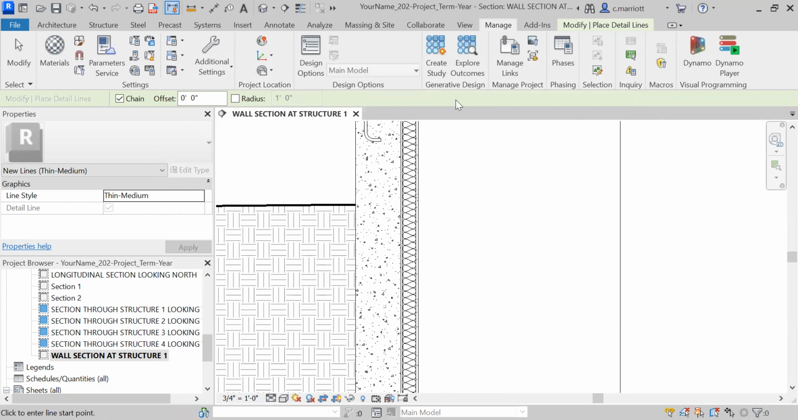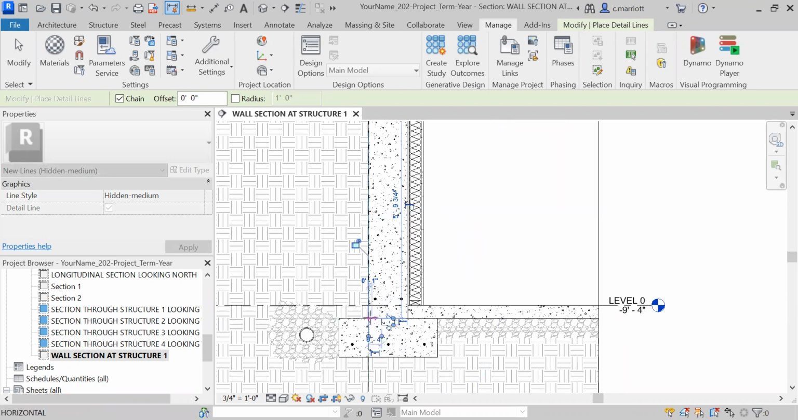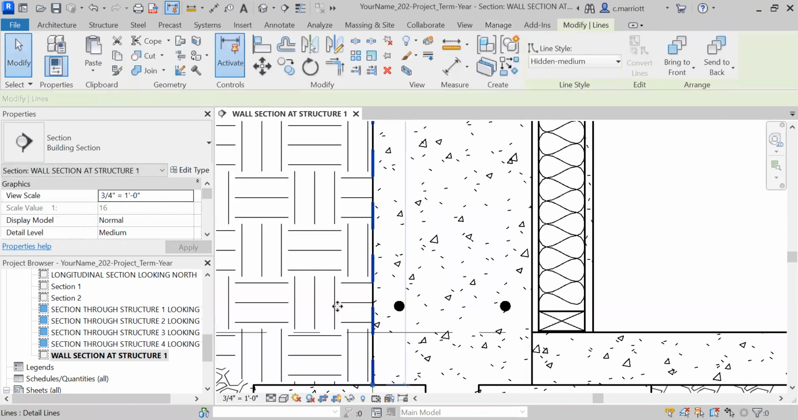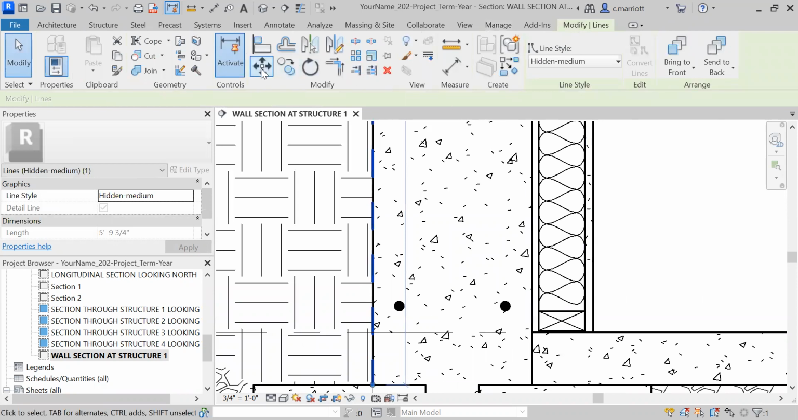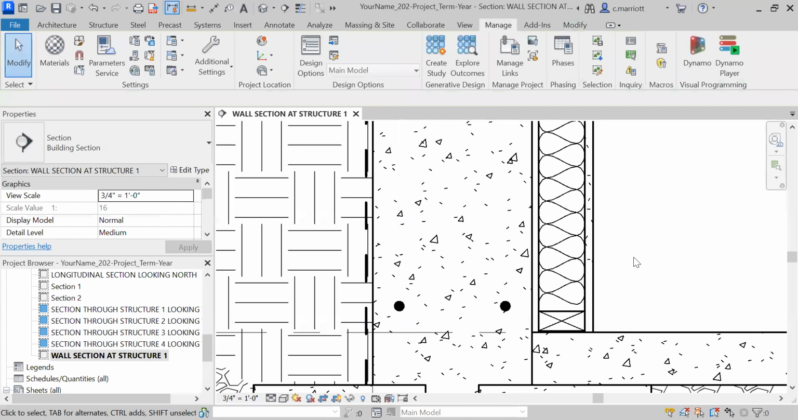All right, so I'm in the detail line. My line style is going to be hidden medium. And I'll go ahead and construct a line. Now I want this to be on the face of the foundation wall. And so I'm going to move it over so it doesn't sit on top of that solid line. Let's move it over 0.5 inches, even though it's applied directly